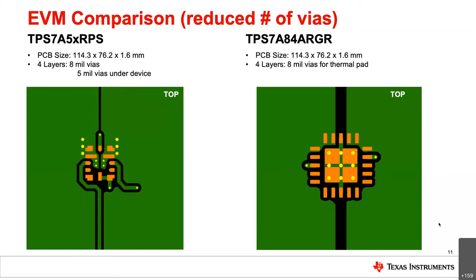For the 7A5 family, since it doesn't have that thermal pad, we instead placed the thermal vias strategically on this device. As you can see here, the vias are stacked towards one side of the device. This was optimally done based off of the input and output pin locations on this device. And you can refer to that pinout either on the previous slides or on the datasheet.